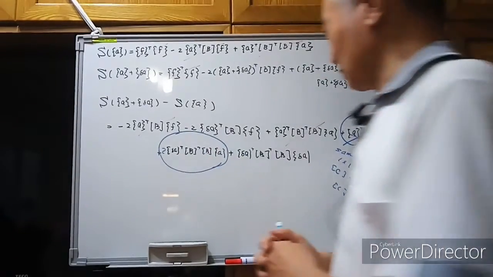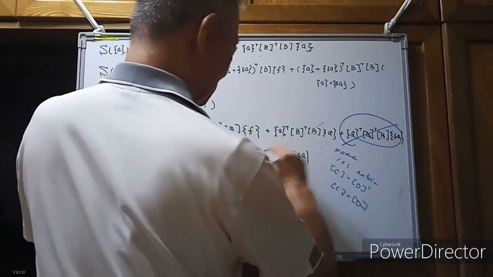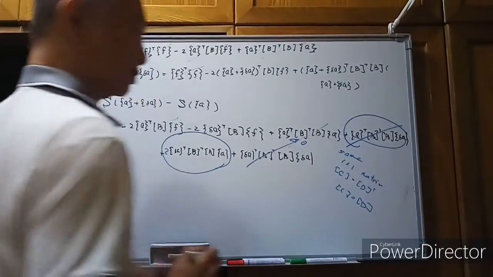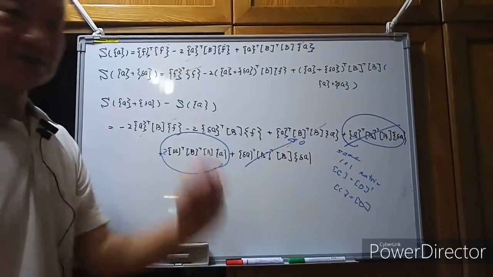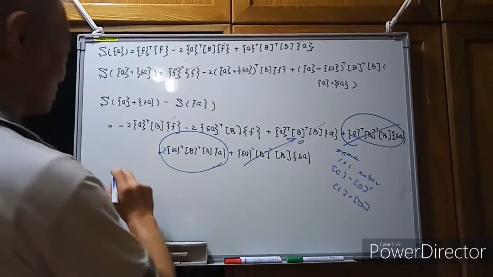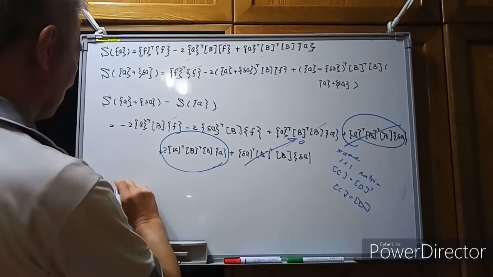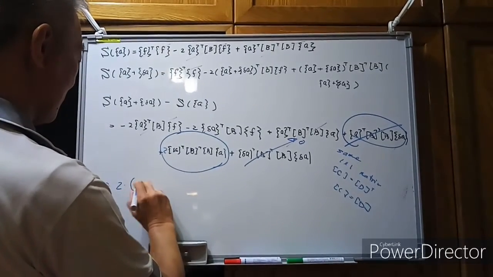So right now I'm going to write this one terms close to 0. So we can neglect this one. So the final one will be the 2 times